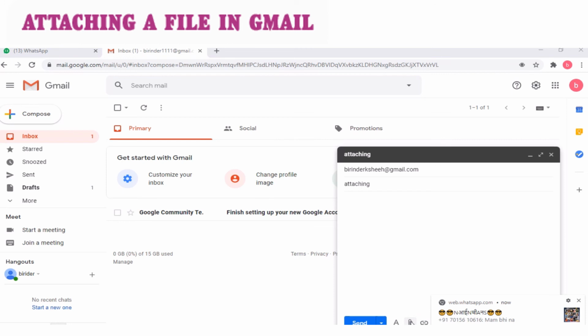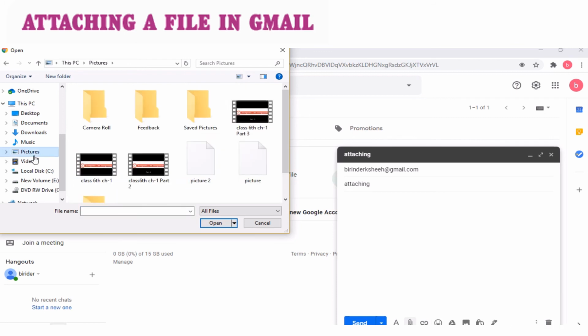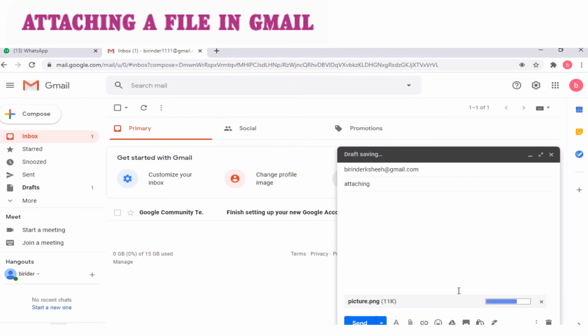When you click on it, you will get this dialog box. Here you choose the file which you want to attach, like here I am going to attach one picture. So click on that picture and click on open. You can see a processing bar will run and this file will be attached, and it will also show you the size of that file.